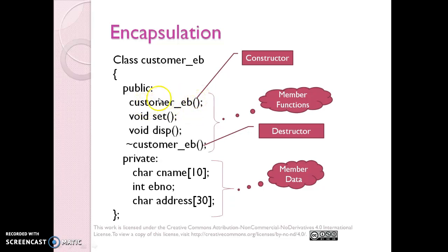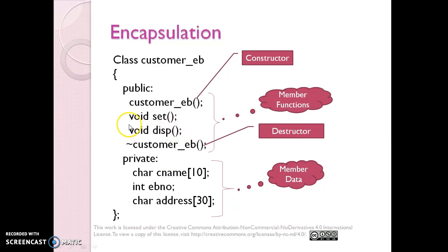Suppose you have not written a default constructor like this, a default constructor meaning there are no parameters being passed here. In C++, the compiler will automatically provide a default constructor for you with some initial garbage values for whatever member data you have here. Otherwise, you can write your own default constructor by providing some initial values to all these member data.